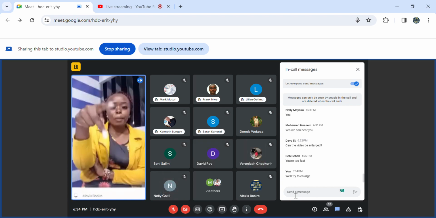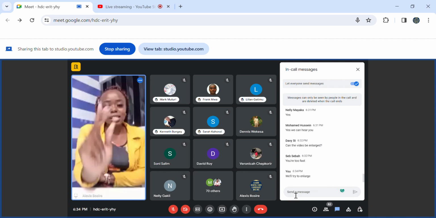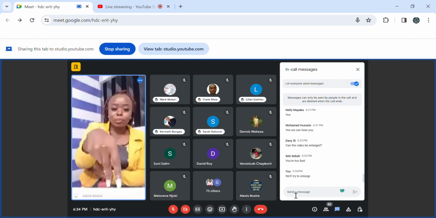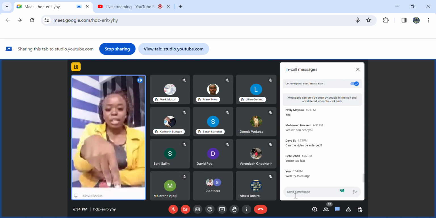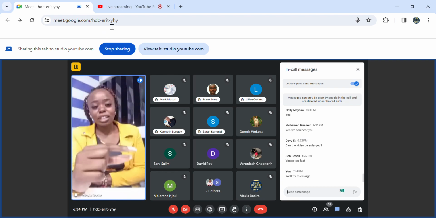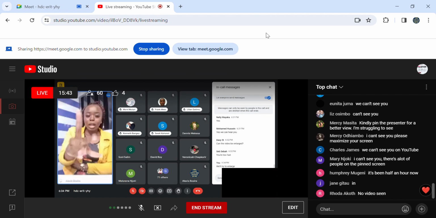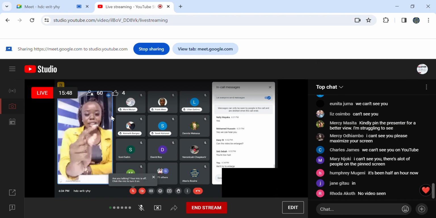P. So for P, it's a slanting letter K, but looking downwards. P, and then Q, it's a slanting letter G. This is the alphabet G, but facing down. Q, R, S, then T,